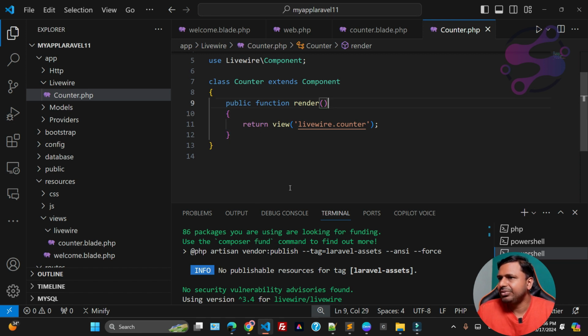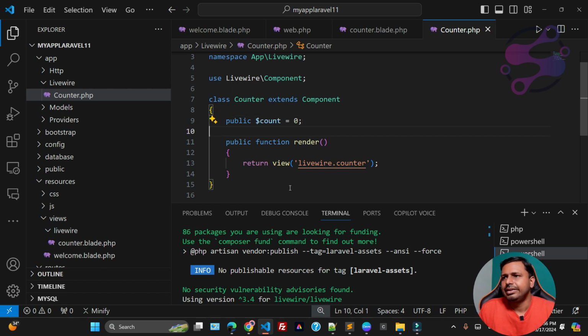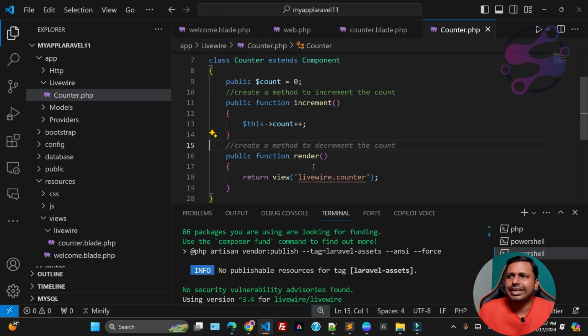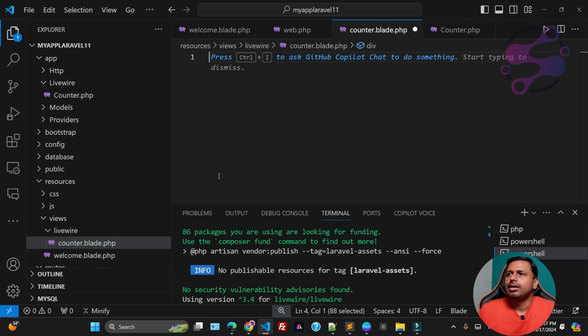Now I'm going to create the counter here, and if someone clicks on the button, then we're going to increment the counter. So let's suppose I create a function to increment this one. Public function increment, this dot count plus plus. Okay, if you go to the counter view here,